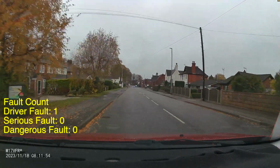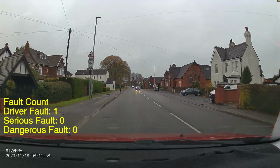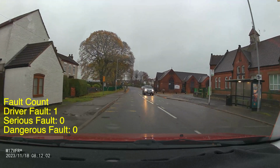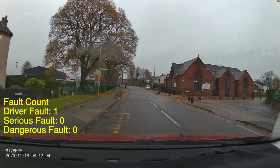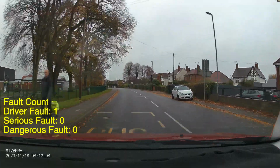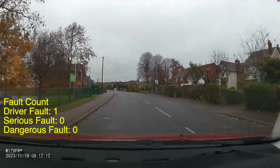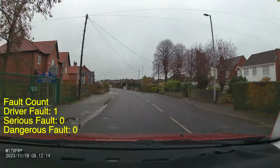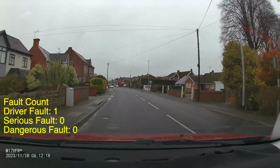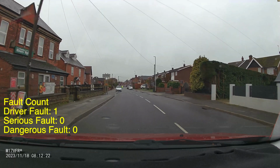Up ahead we have a school zone and an advisory of 20 mile an hour. Now the lights are not flashing on this occasion, so this means the schools are not in. It is actually on a Saturday morning this mock test was done, so when those lights are not flashing, it means we don't necessarily have to adhere to that 20 mile an hour advice. But when those lights are flashing, we should definitely be looking around more, traveling at a lowered speed, and checking our mirrors more, just being more cautious,